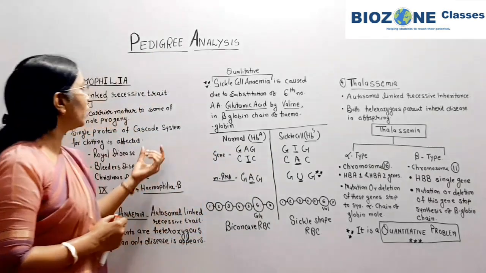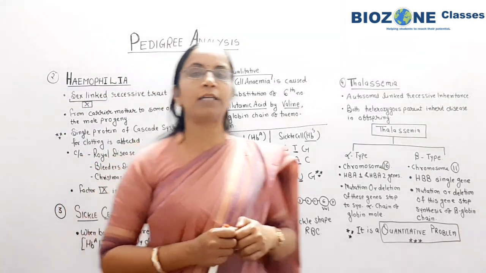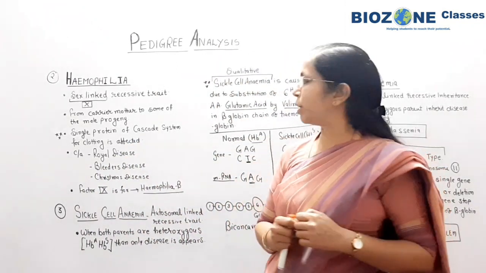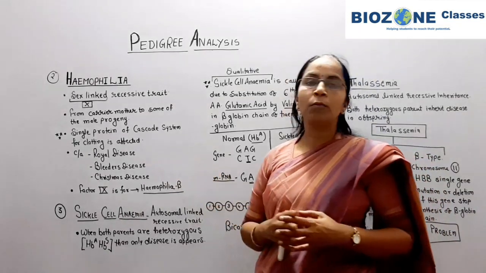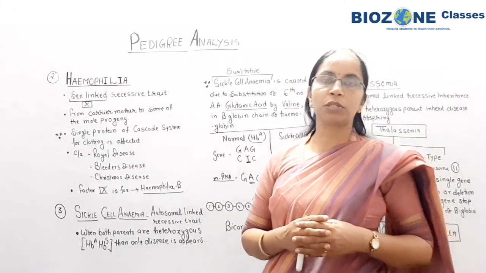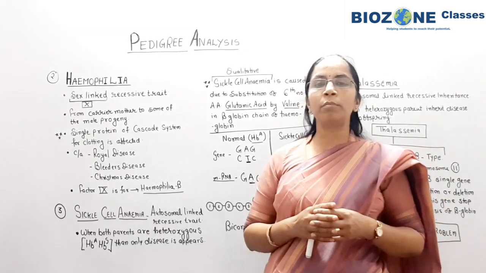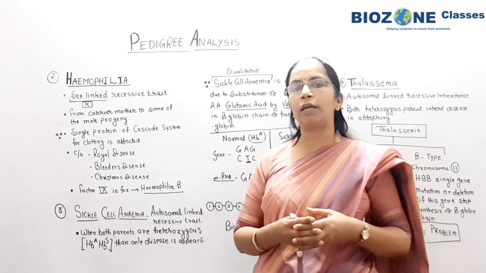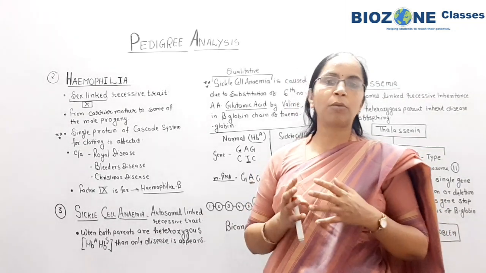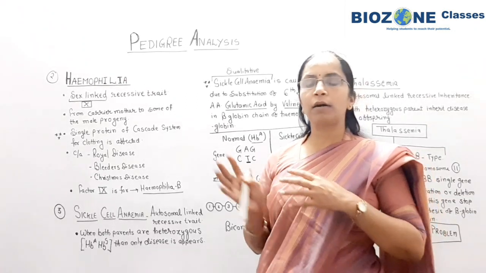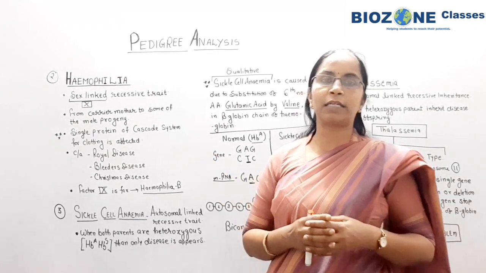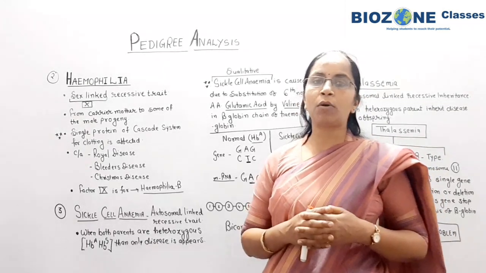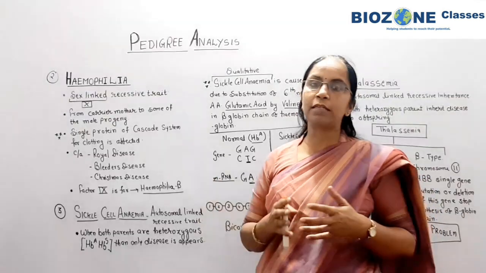In hemophilia, as we all know, hemophilia is commonly called bleeder's disease because, due to mutation, predominantly one of the proteins of the cascade system is involved. We use the term cascade when a number of proteins or enzymes are required for a particular mechanism or reaction. So in hemophilia, one of the proteins of the cascade system is completely absent or stops being produced in the body, and because of that the disease hemophilia appears.